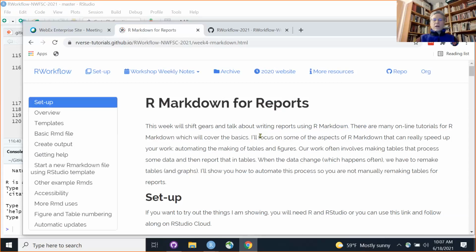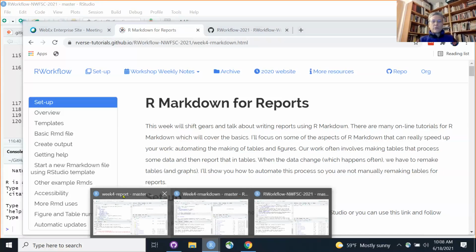So the second half, I'm going to show you how you set things up if you are actually doing a report in R Markdown. And in my experience, the kinds of reports that many of us are doing are going to have data, and then it's sucking in that data and then making a lot of different tables, and then maybe it's making some figures. And I'll show you how to structure something like that and how to make it look